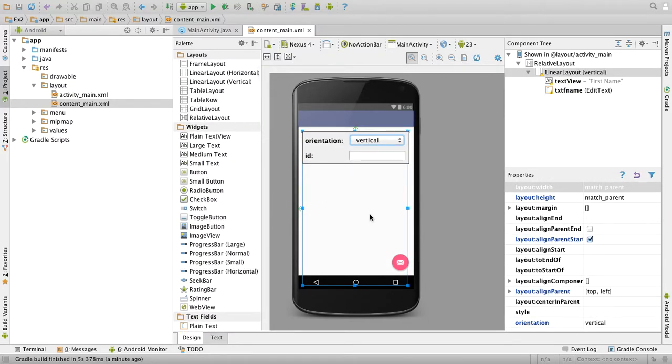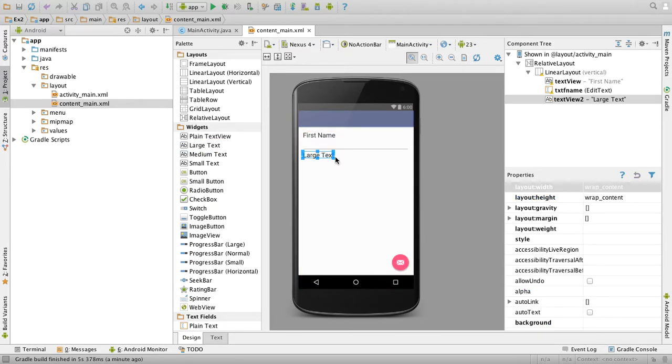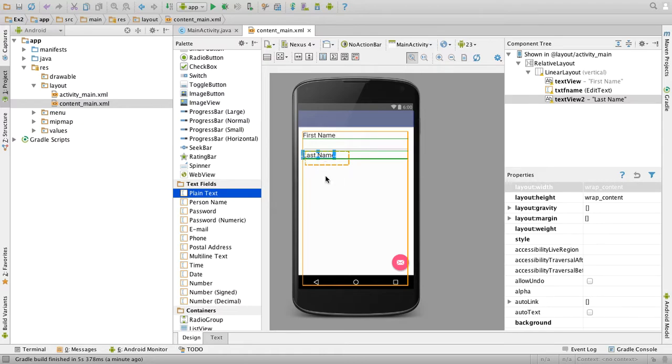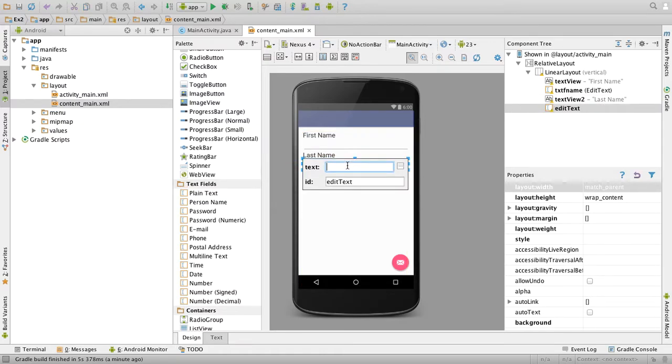Then drag another large text and give the text as last name. Drag another plain text, change the ID to txt lname.